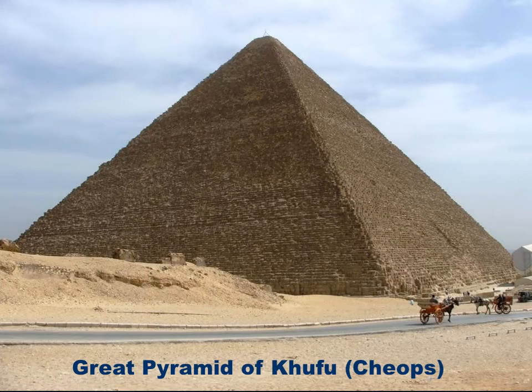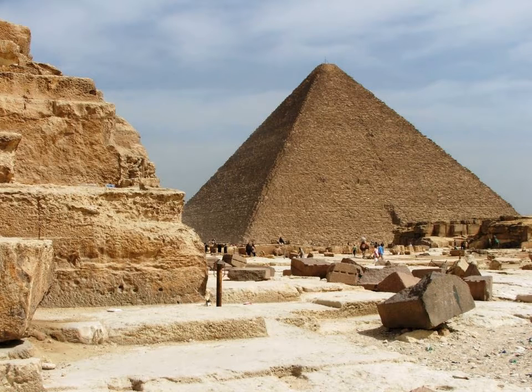Now, next we have the Great Pyramid of Khufu. The Greeks like to refer to him as Cheops, but we're going to go with the Egyptian name Khufu. This is the Great Pyramid. This is the biggest of all the pyramids. It's going to stand next to the pyramid of his son, which is just a bit smaller, but this is a true pyramid. It was the largest man-made structure to be built, I believe until the Eiffel Tower. That's a long, long time.